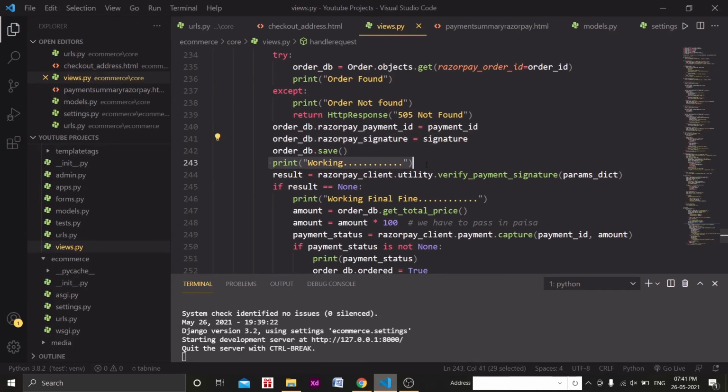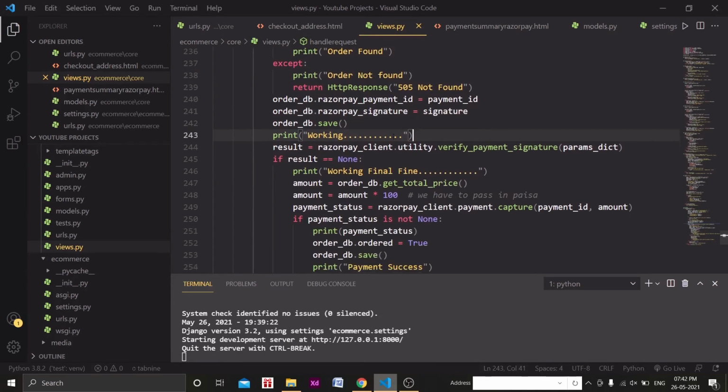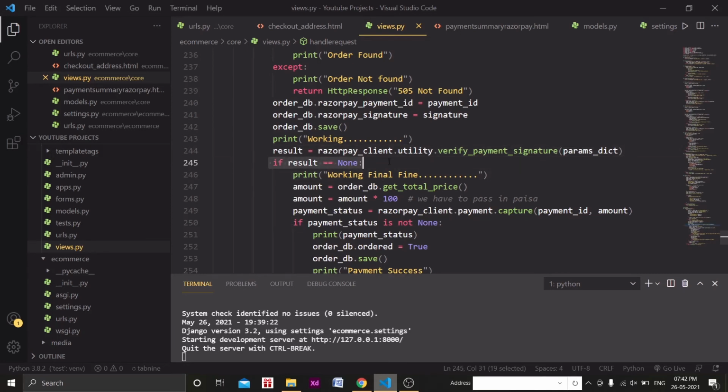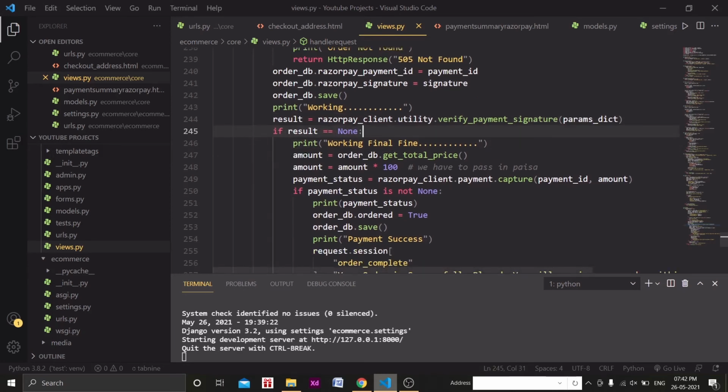Okay, so I have written this for just checking if everything is working fine or not. Then here result equal to razorpay_client.utility. So this is basically a function, and it verifies the payment signature with param_dict. So it verifies whether everything worked fine or not. And if result equal to none, then we can say that the payment has been successfully completed. So we will grab the amount equal to order_db.get_total_price, then amount we will multiply by 100, as I have explained earlier,